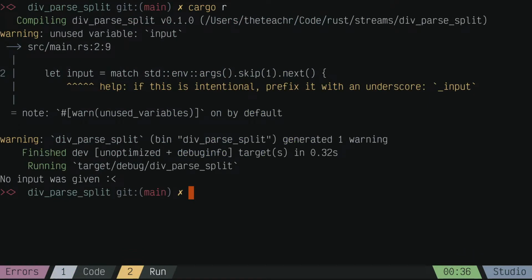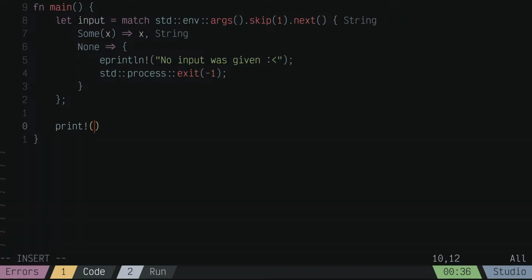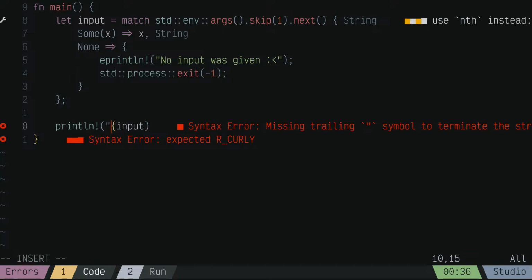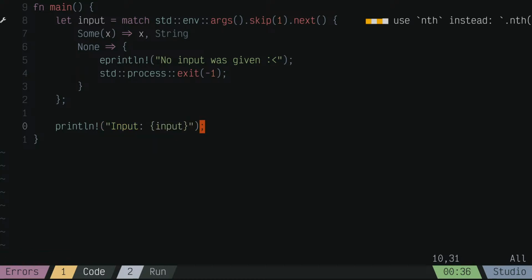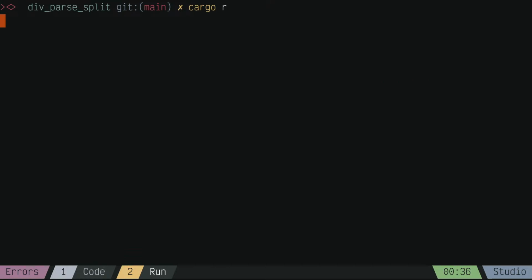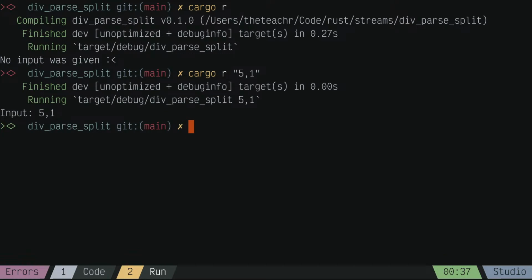All right, I am facing delay again. Okay, so let's print the line. Input. Input. All right. Cargo run. Yeah. But if I give it like this, cool. We did read it, right? And it's also